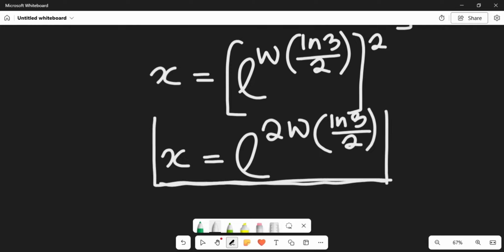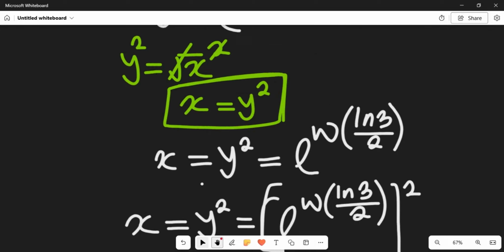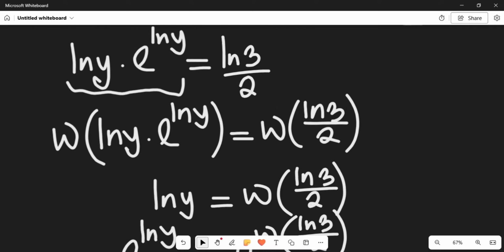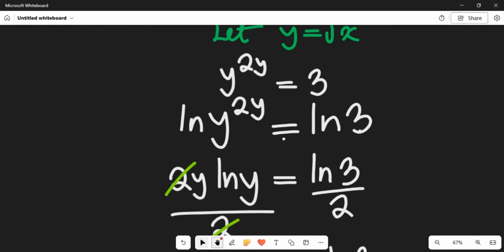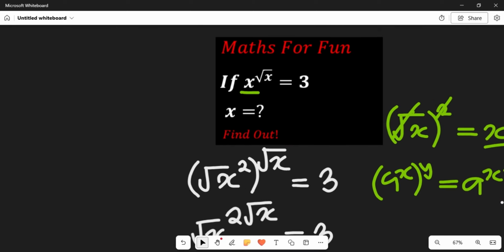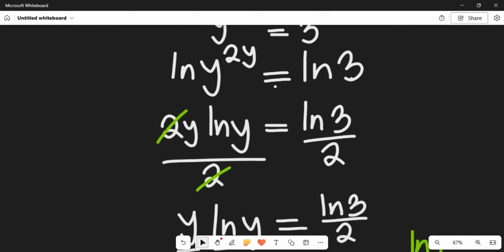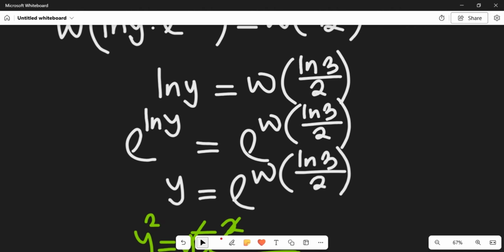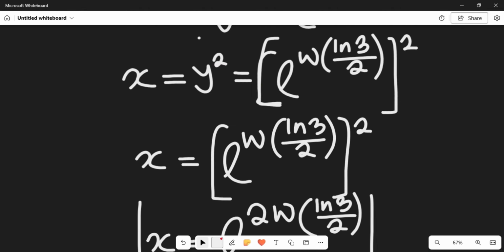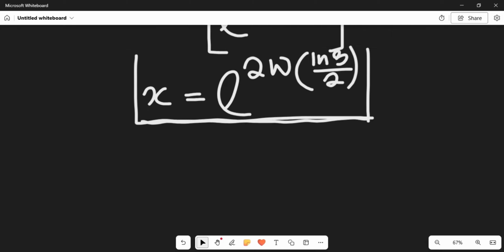Now remember, we are asked to find the value of x, and this is exactly the value of x that we get for that math expression here, which is x to the power of the square root of x equal to 3. Now, having this at hand, we can simply use our calculator, or also